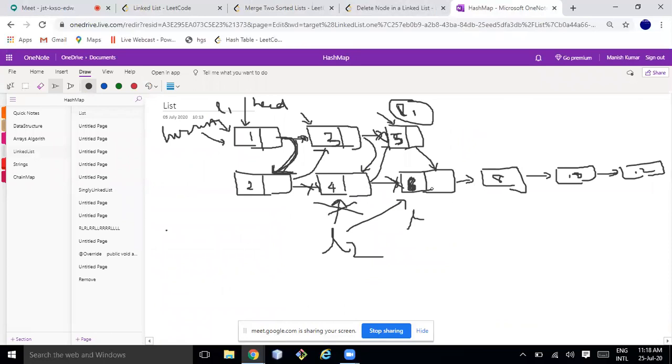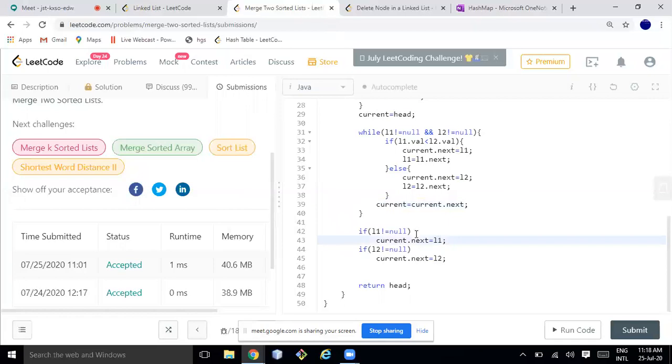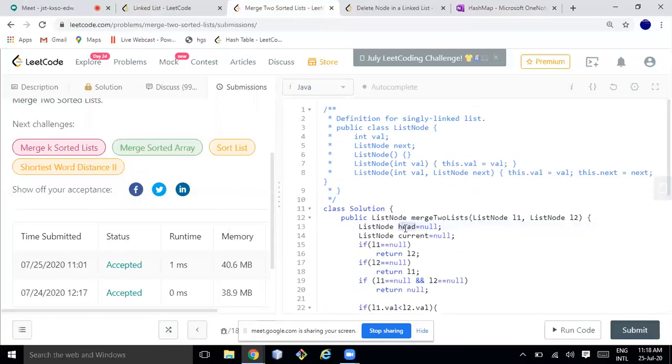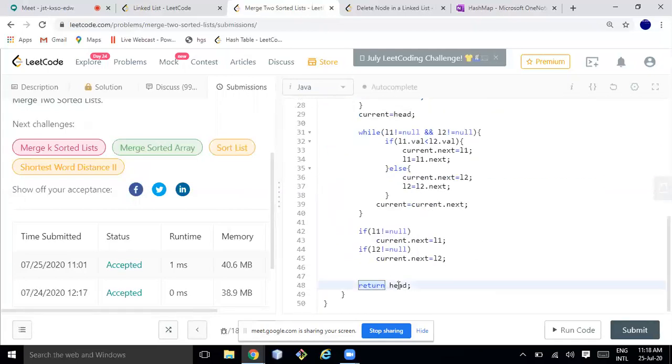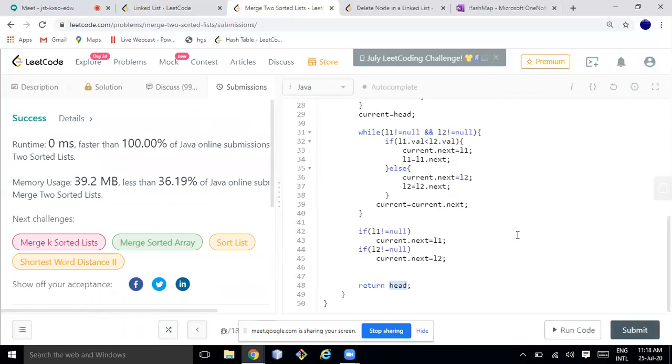So if this one is the current, and current.next is pointing to L2, then all of this will be included. So after 6, 8 10 12 will be there, and we have already stored head earlier to keep a backup. So we can return this head, and this will be the final answer. If I submit it, it should run correctly.